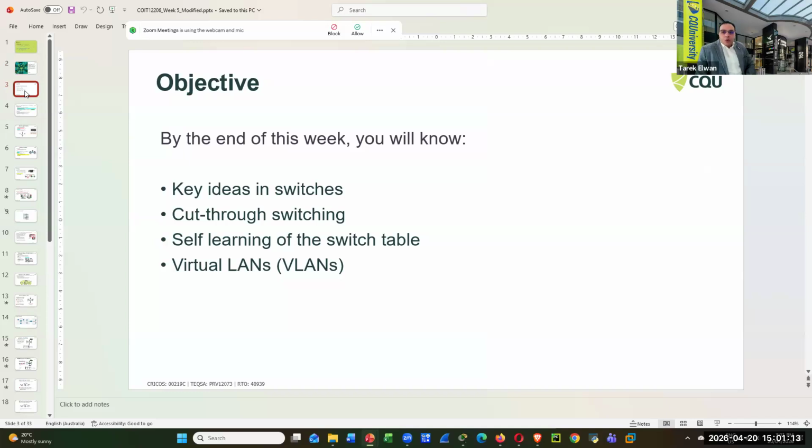This is the makeup class for week 5, the Easter holiday, which we will cover some concept about switching. We have done with the application layer, transport layer, then we move to the IP layer or network layer, layer number 3, and we jump into layer number 2, the data link layer. Within the data link layer, as we covered last session,